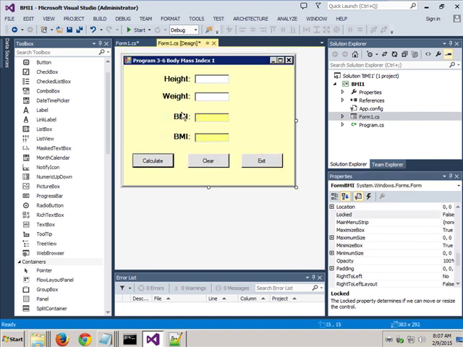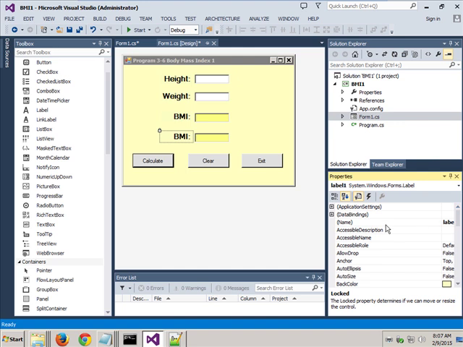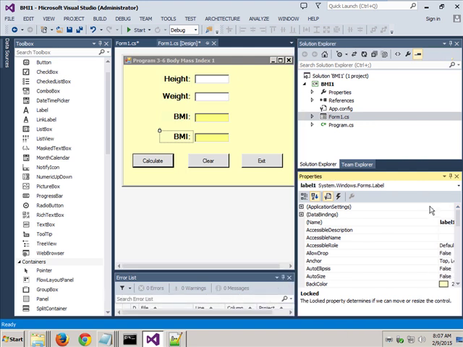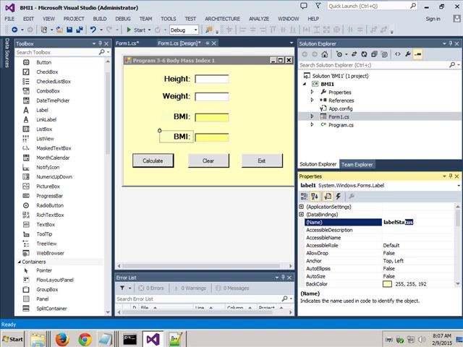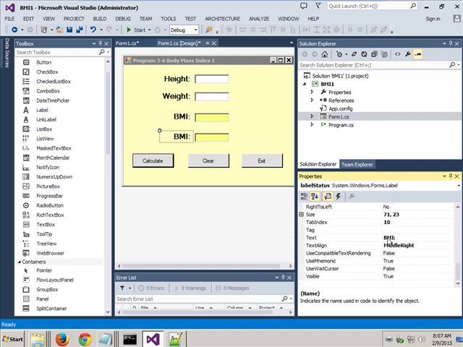So now I've got height, weight, BMI. Well, that's kind of silly because I don't want that to be BMI. And if you look over here, when I copied it, it didn't call it BMI either. All right? It called it label 1. So I want to change that to label status. And I want the wordage or verbiage in there. In other words, I want to go down to my text, and I want to also change that to status. All right, so I've changed this to LBL status for the name and status with a colon at the end